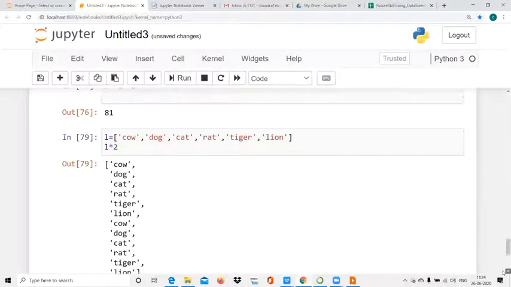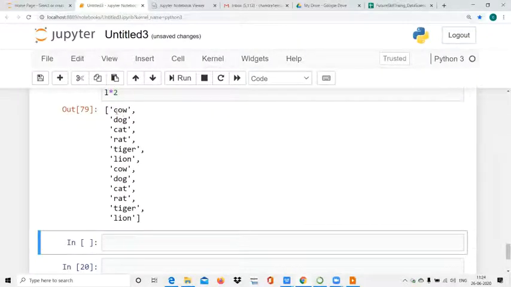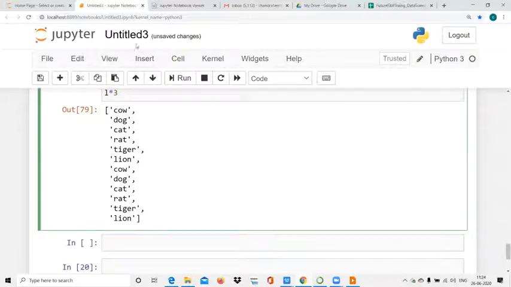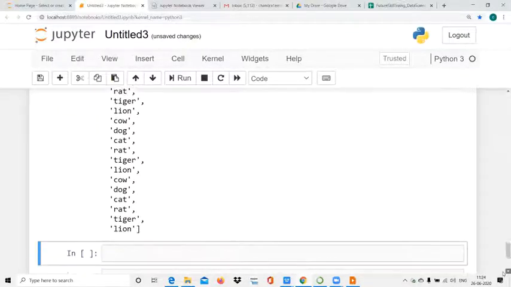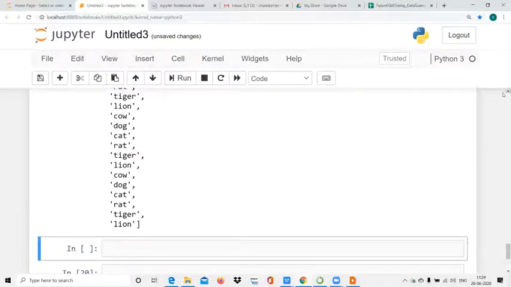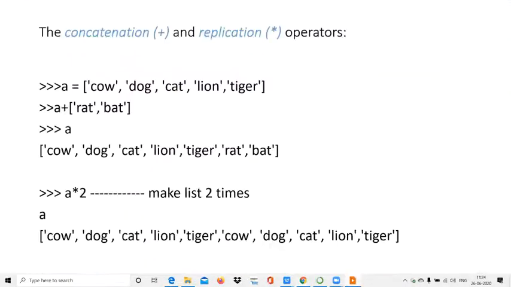See the output. One list is here: cow, dog, cat, rat, tiger, lion. Then again the list a second time. So this is populating data also. So 3 times the list. Okay. So these are two operators: concatenation and replication. In concatenation, you must make sure that if you are adding something new to the list, you must use plus with the list symbol, that is the square bracket. This is replication of the list.